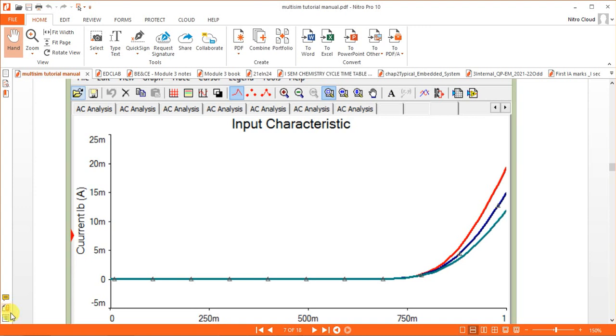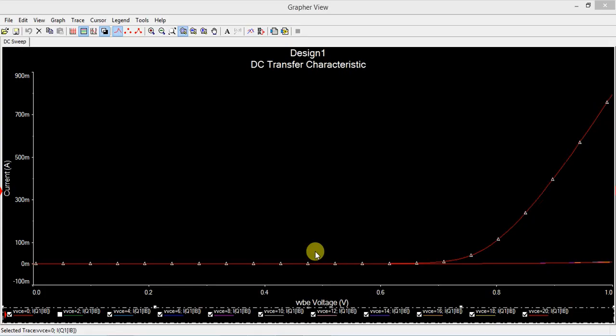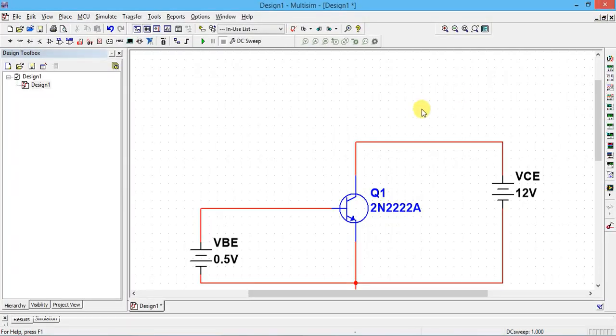Okay. So actually you should get like this. Now we'll see what the error is, if there is one. We are getting only this much. So in the DC sweep, if you want to do some settings again, you have to click here, DC sweep.